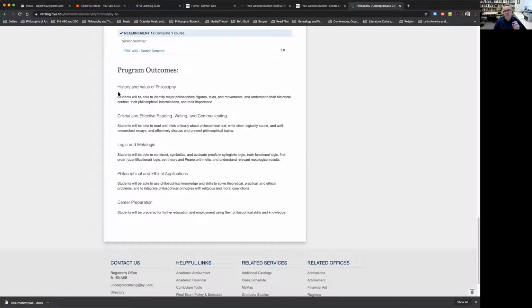Specifically what we'll ask you to do, and when I speak of artifacts, I mean generally papers that you write for these classes. I say artifacts instead of papers because in some cases you may opt to include an exam or some other sort of item or object that you've prepared for a class that demonstrates your competency and your having fulfilled a